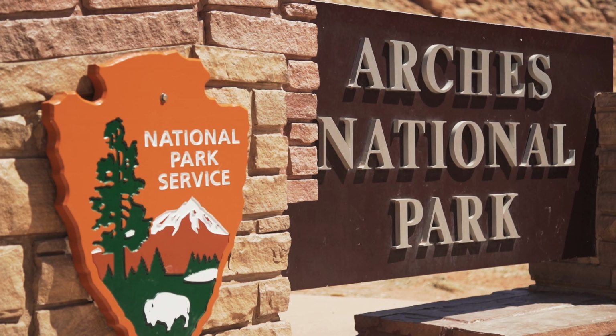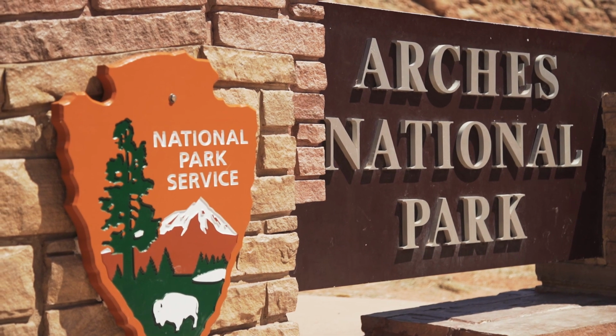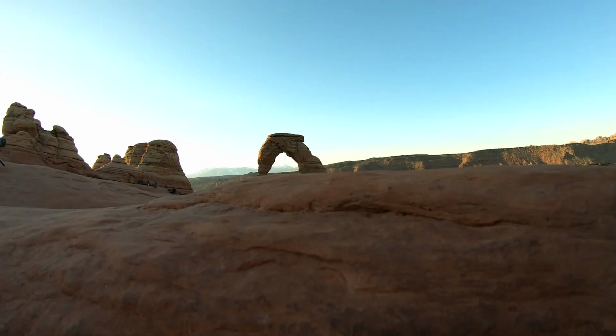No trip to Moab is complete without a visit to Arches National Park. You might think it's cliche, but it's literally the most beautiful views I've ever seen anywhere in the world. It's no coincidence that it is super busy most good weather times of the year. So either show up super early or budget most of the day if you're planning on getting an evening shot